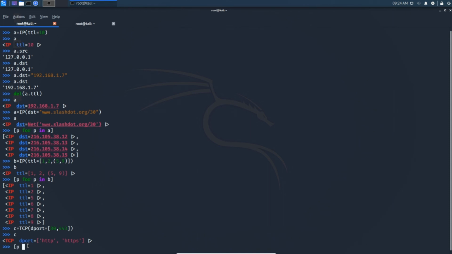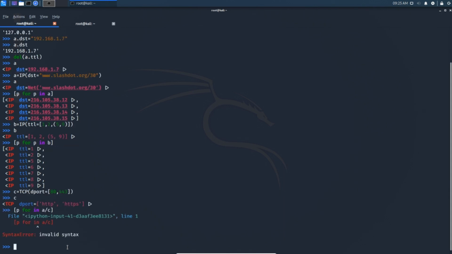And I am doing list comprehension again in this, for P in A/C. Here slash represents the composition of packet A and packet C. Okay, let me do this. Sorry, I made a mistake, I didn't give P in here.